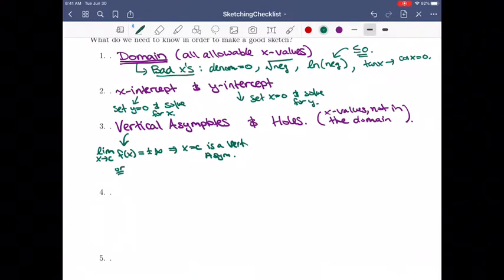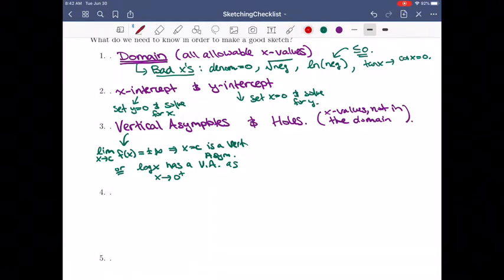You want to remember that the log of x has a vertical asymptote as x approaches 0 from the right. You can't ever plug in a negative value in a log, so that's why you have to approach from the right. But at 0, there's a vertical asymptote there. Okay, so what you're really looking for